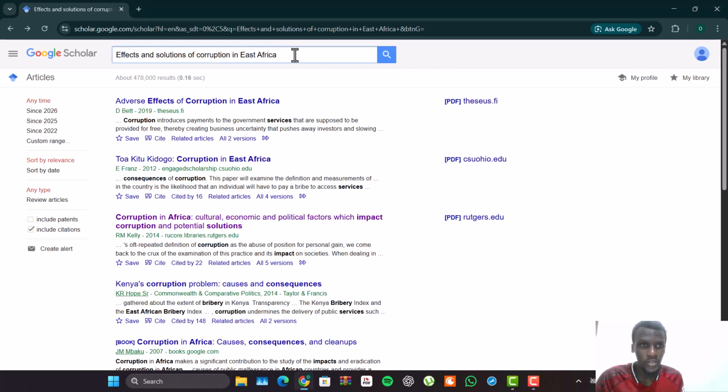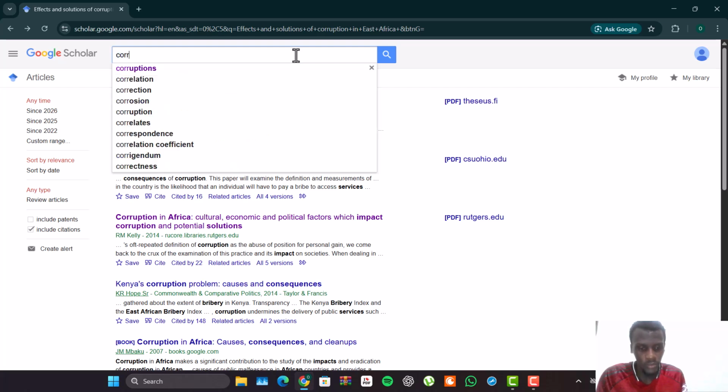So now you can see my initial search was effects and solutions of corruption in East Africa, right? So let's first chop that off. Boolean operators are normally in full capital letters. Now let me show you how I'm going to do this. I'm going to use my keywords, which is corruption,